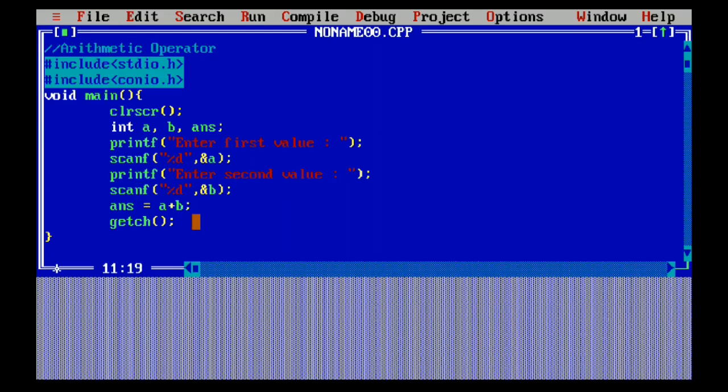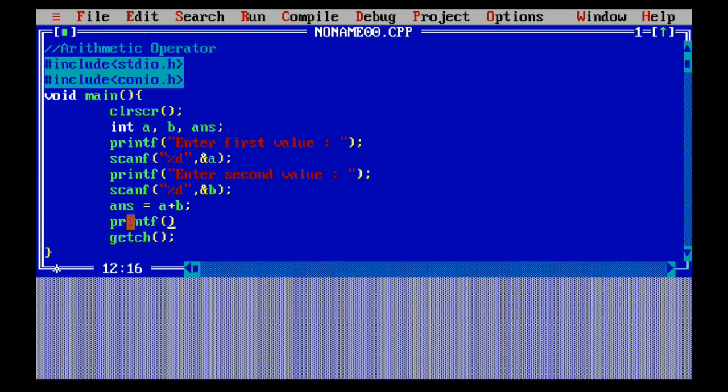The right hand side value is assigned to the left hand side. So we have performed addition and will assign it to the answer variable. So let's print the answer. We scan a, b, perform addition and store it in answer.